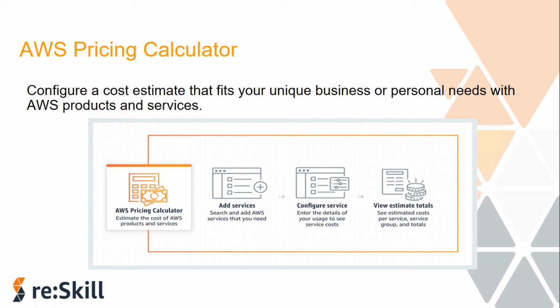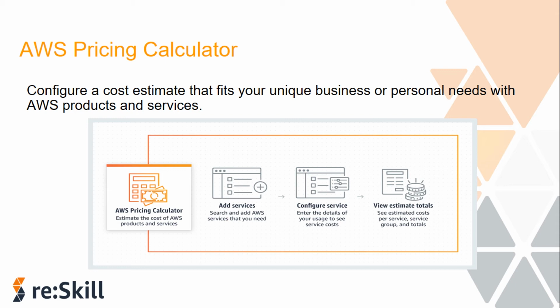So we have 3 calculators offered by AWS. The Simple Monthly Calculator can handle most of your important calculations for you, and it is very easy to use. Then we have the Pricing Calculator, which I just told you about, which can be helpful for creating estimated totals. And then we have the AWS TCO Comparison Calculator, which is the Total Cost of Ownership Calculator. This calculator is used to compare the cost of your on-premises environment to the cost of an AWS environment.